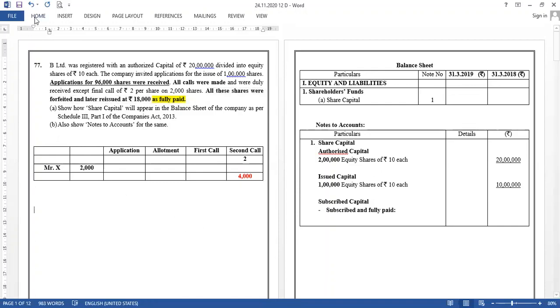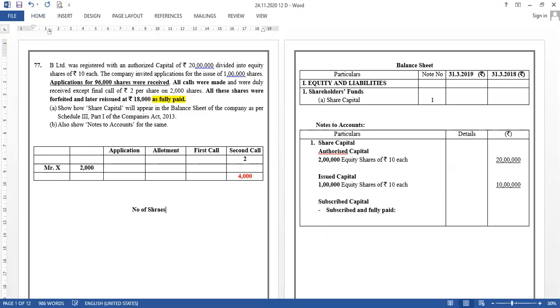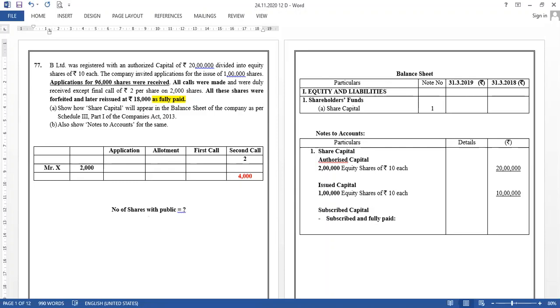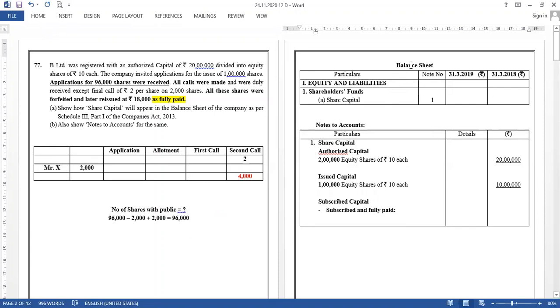Over here, one common question I do ask every time to my students is to take care of the number of shares with public. मतलब public के पास कितने shares हैं? Okay, you need to ask this question every time whenever you have to write this, fully paid and not fully paid. Issued was 1 lakh, subscribed was 96,000. उसमें से like 2,000 shares were forfeited, and again reissue is 2,000 shares. So the number of shares with the public comes to 96,000 only. अब ये ना लिखना नहीं है, ये सोचना है. Correct? So 96,000 shares are there with the public. Now, a very simple question. Are these shares fully paid up or not fully paid up?